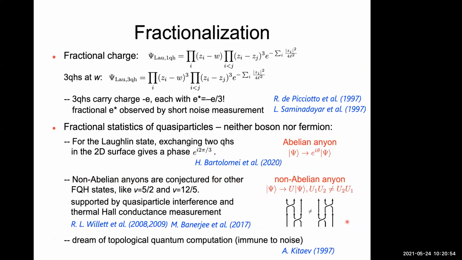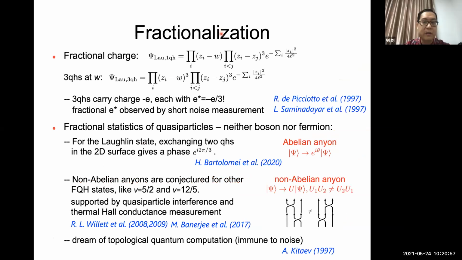Okay, I would like to talk more about fractionalization. Here, we still consider the Laughlin state as an example. For example, we want to create one quasi-hole in the Laughlin state. What we need to do is just to multiply this factor, z_i minus w, to the Laughlin wave function. In this way, you can see that no particle can be located at the position w, otherwise this wave function is 0. So if we want to create 3 quasi-holes at the same place, w, then the wave function is